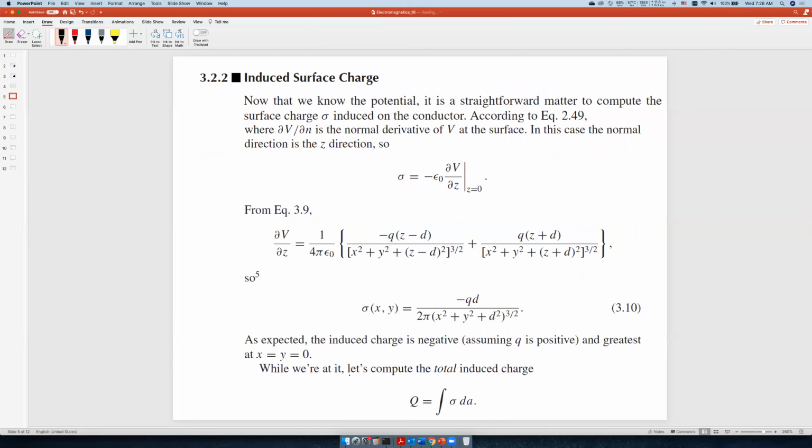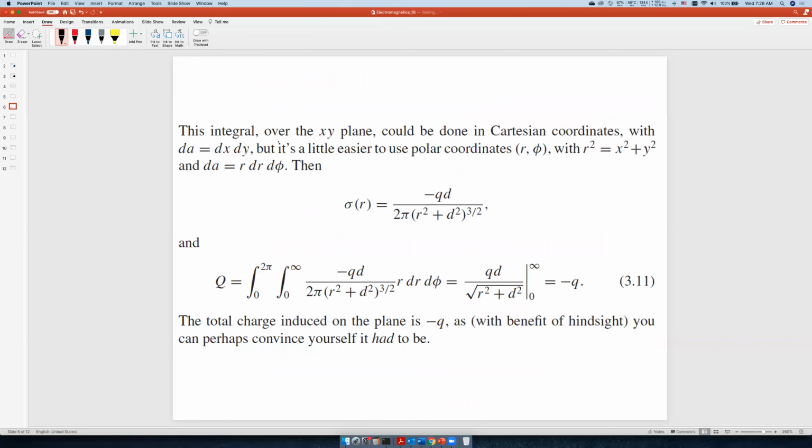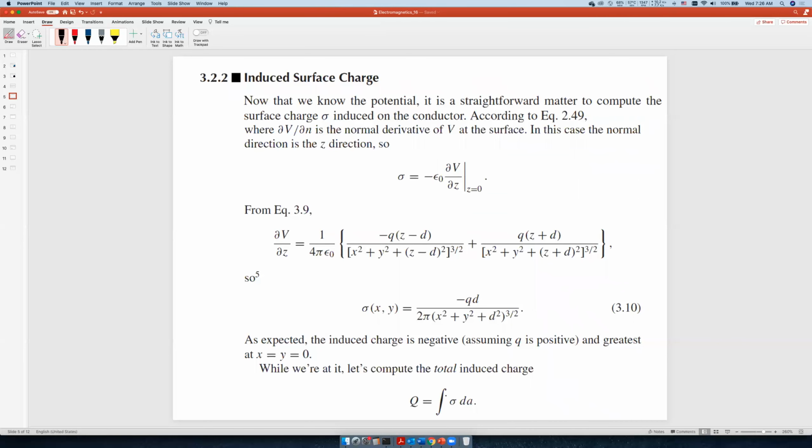While we're at it, let's compute the total induced charge. Now you have the surface charge density distribution. Now let's use the density to calculate the total charge, which is of course a surface integral. The surface integral could be written in this way: a surface integral of the surface charge density times dA,